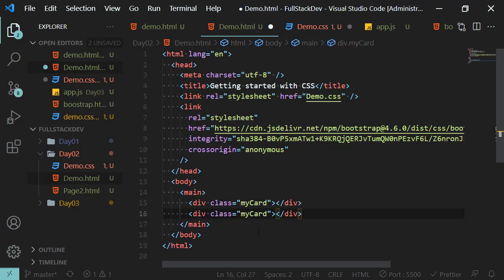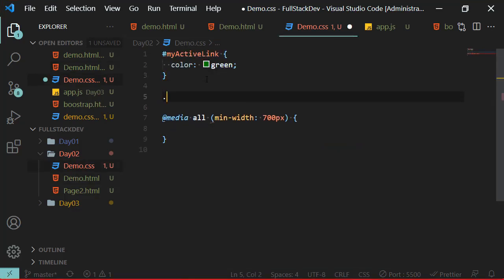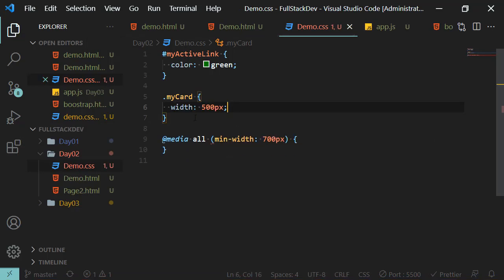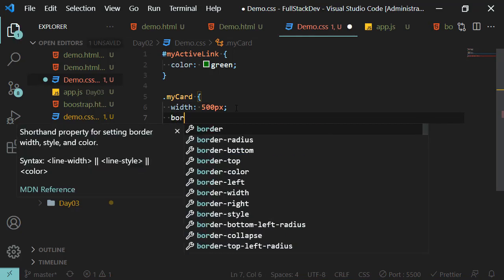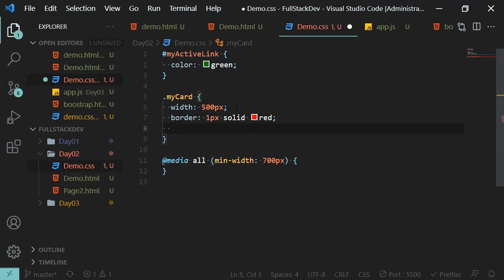Let me repeat this, and inside this I'm going to add CSS. I'm going to call it dot my card, and give it a width of 500 pixels, border of 1 pixel solid red, and